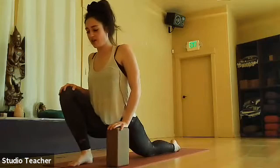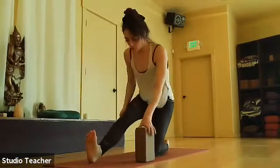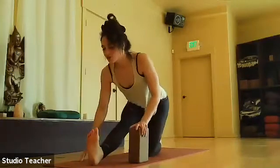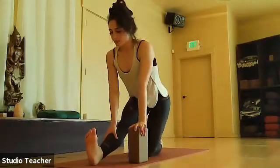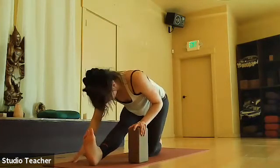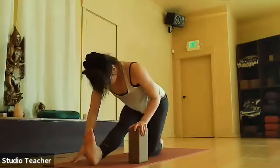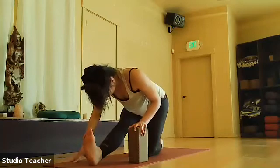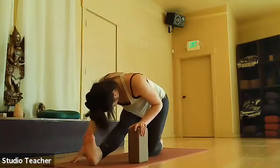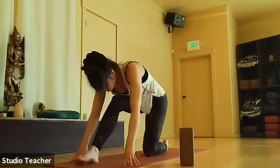Last breath here. Half split, send it back, straight into the right leg. Walk the heel forward so the hips stay strapped over the left knee. Inhale, lift the chest, find length in the spine. Exhale, forward fold. Forward down towards the right foot. Big stretch in the back of the right leg. Last breath. We're going to come all the way to high lunge with a nice strong inhale, ground through the